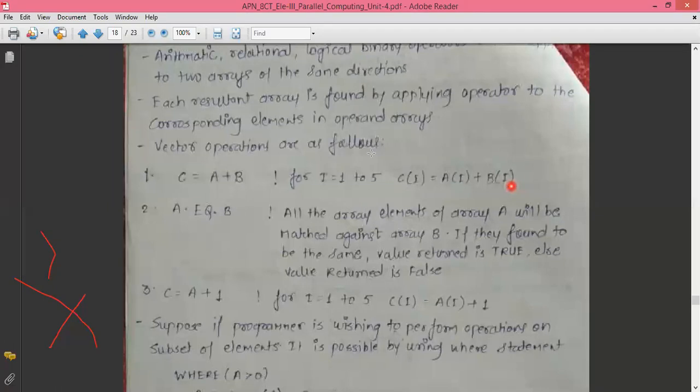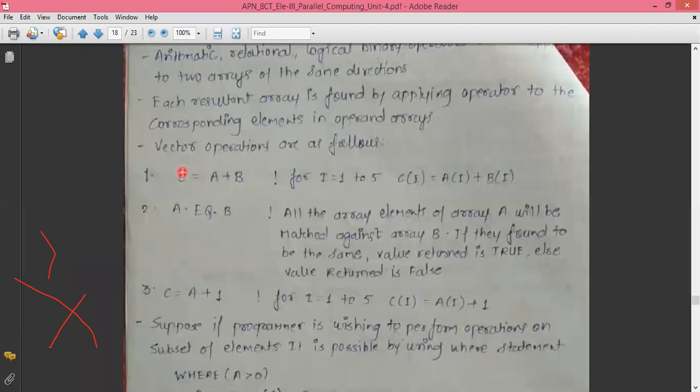If you want to access the array elements in the C programming language, this is how we define it, by using the for loop. But this is how we write it in Fortran 77. Simply write the statement C is equal to A plus B, where A has array elements and B has array elements, and when you add them we get a new array C, which sums up the array elements of A and B.